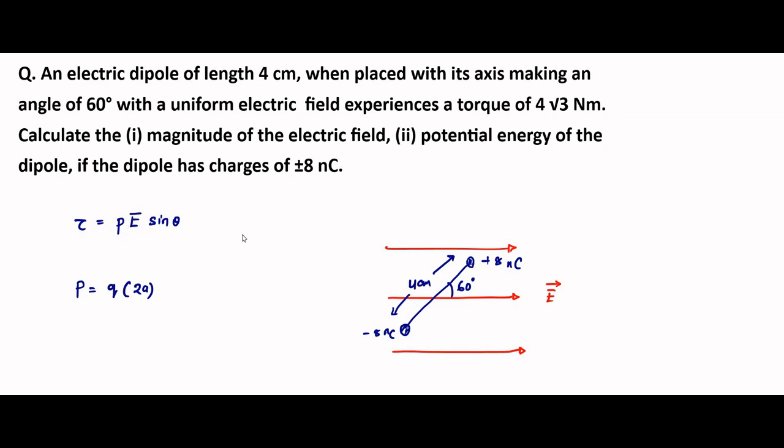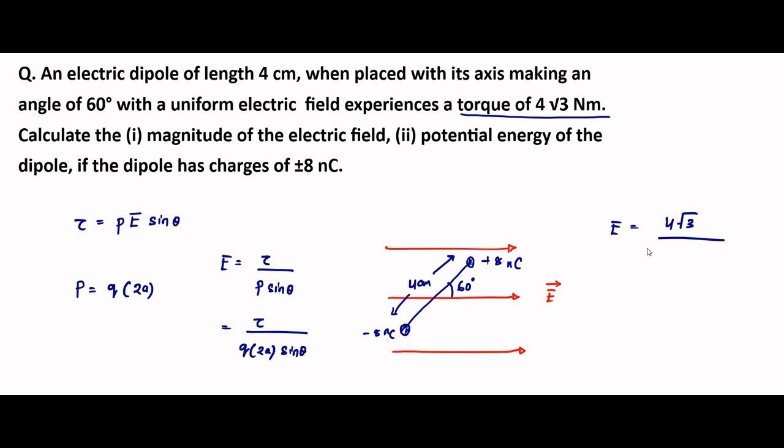From this we can calculate the value of E, which is equal to tau by p sin theta, which is tau by Q into 2a sin theta. So the electric field is equal to the torque, which is given as 4√3 newton meter,